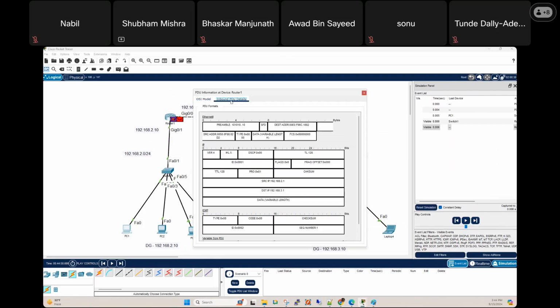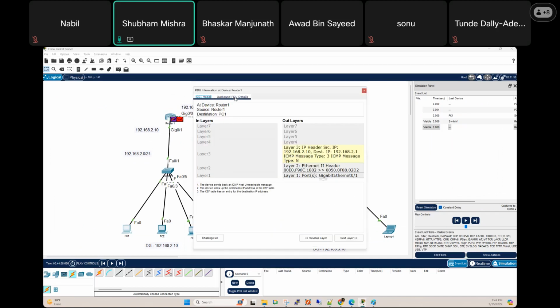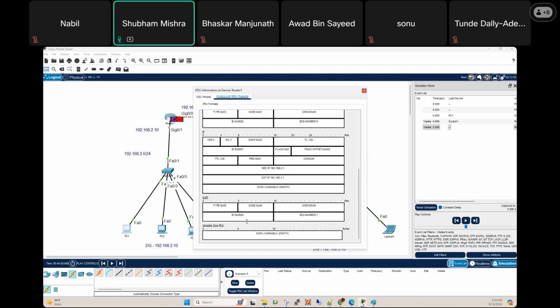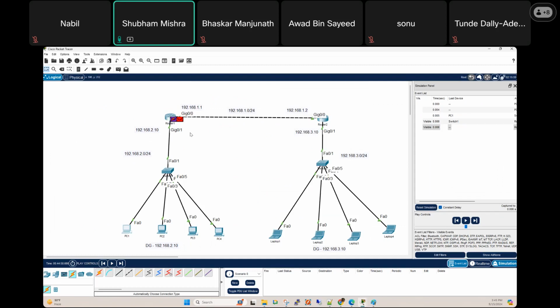This packet drops. Yes or no? Everyone understand? This is a different packet. Don't confuse, this is a different packet. But what happened? This packet, guys, drops. What is the reason? Because on router number 1, we do not have the destination IP address or destination network ID in the routing table. Yes or no? Everyone? Yes. So when I click here, see,